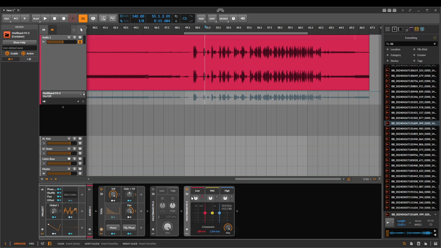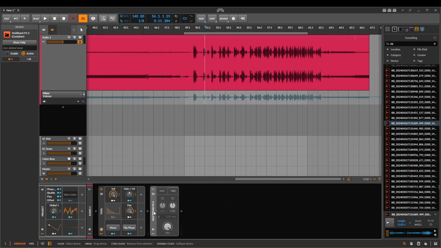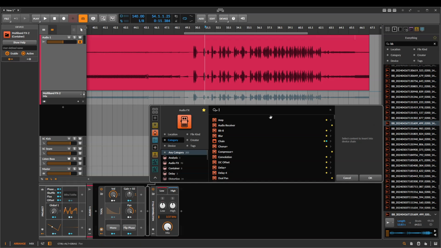So you can solo these. You've also got a mute button. And it's got a little spectrum analyzer here where you can move around the bands and also change their volumes a bit here. One interesting thing about this to note is that this mix knob is not a mix knob after the split. I'm gonna try to show you why that is important, because